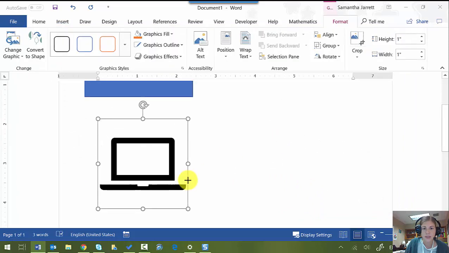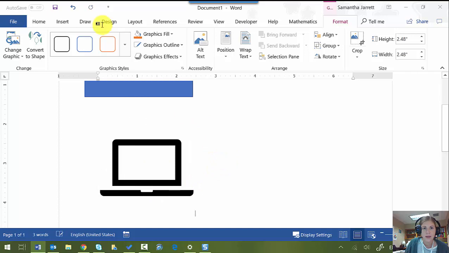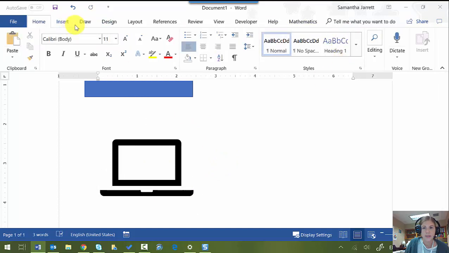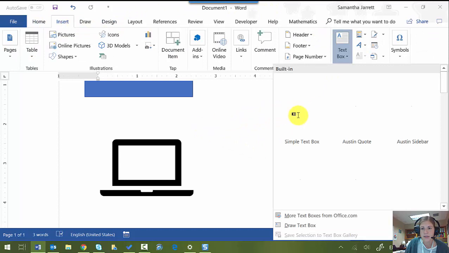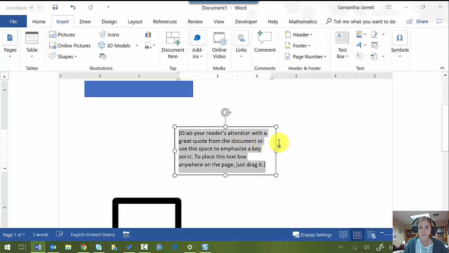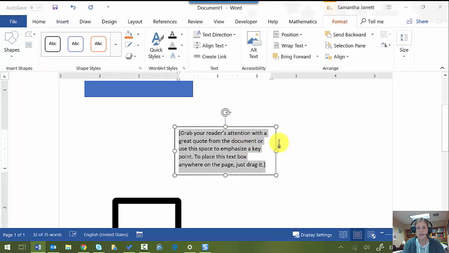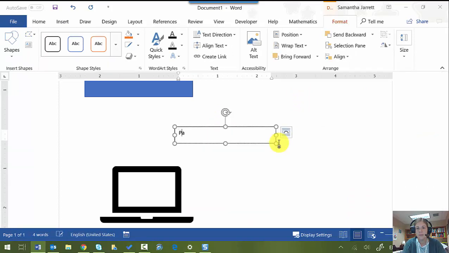I can make this bigger and go back to my Insert tab, create a text box, a simple one, and write my text in here. Actually, this one might be good. I could create a button for